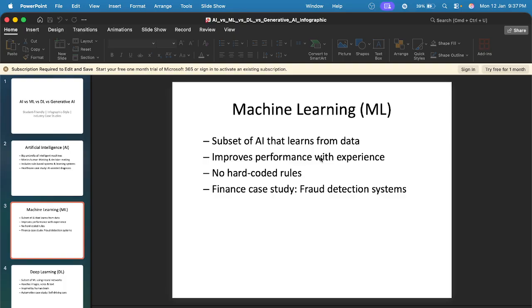For the deep learning section, you need to remember these three things. If an interviewer wants an example, you can say self-driving cars. That's enough for this video. For machine learning, fraud detection systems, and you need to remember these 3 lines. And if I'm talking about artificial intelligence, you just remember this one line. If you can't remember this line, no problem.